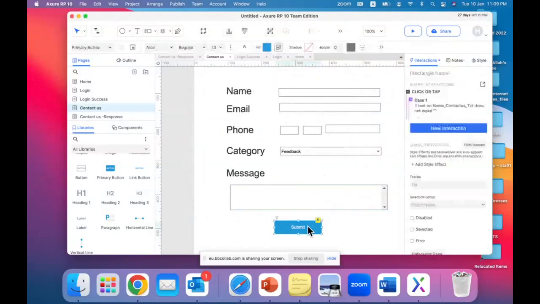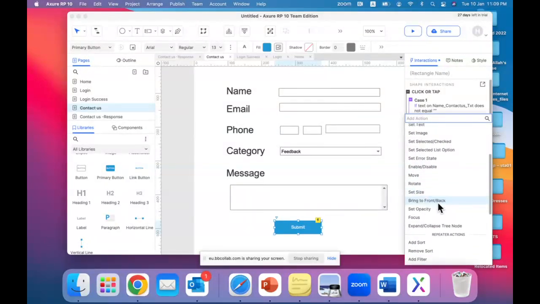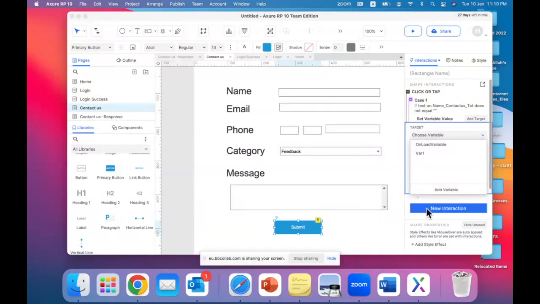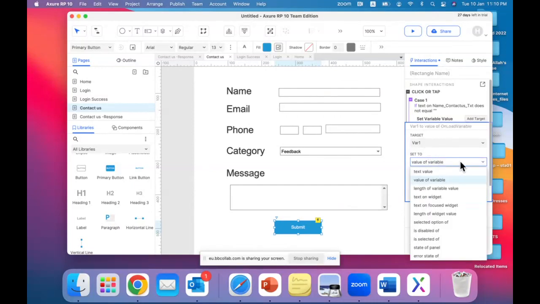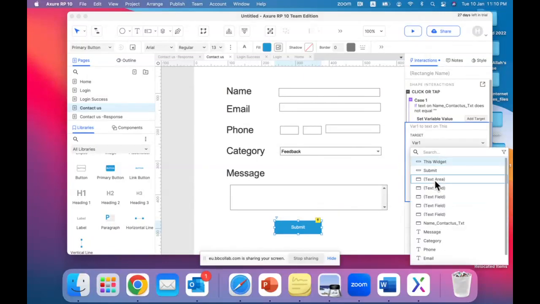So what we are going to do is click on the submit button. The action should be set variable value. So we go to the other action, set variable value. Inside which one? Variable 1. Set to the text value. On which one? Set to the value of widget, text on widget, from